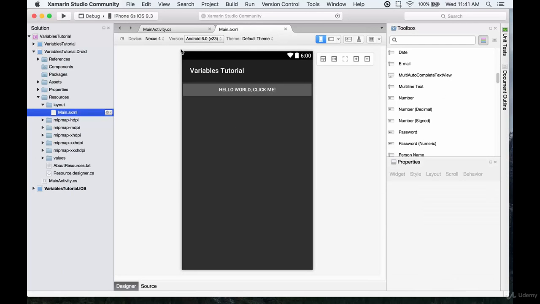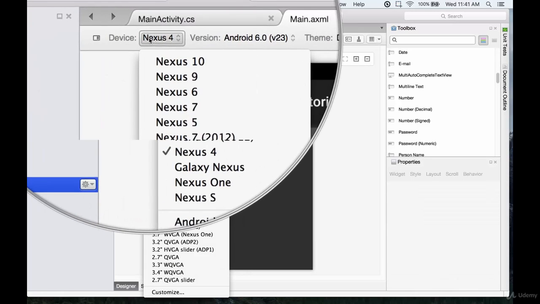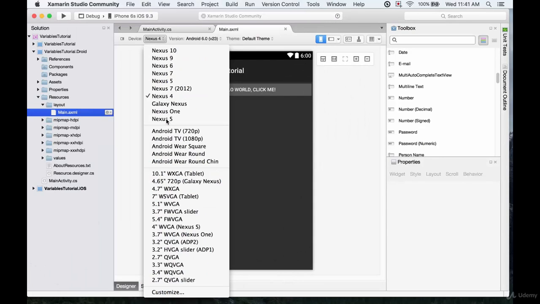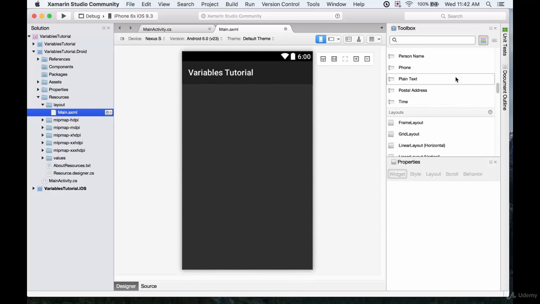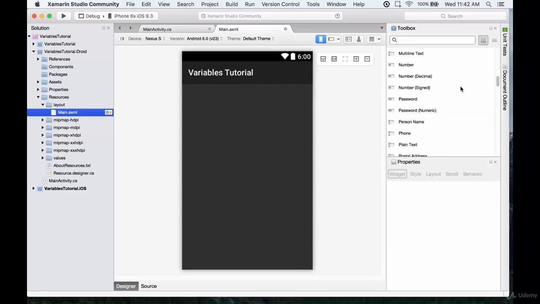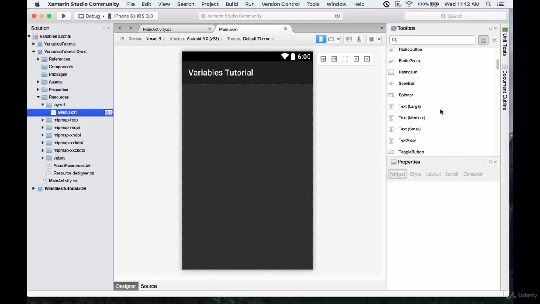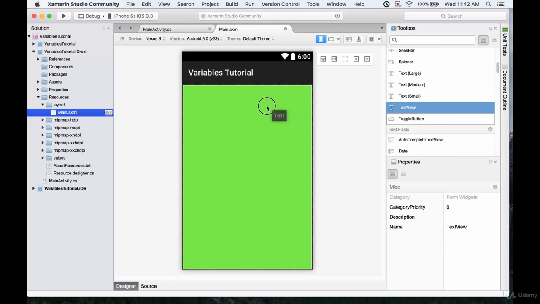So if we go to main.axml, I'm going to go under device and select the Nexus S, because that's what I've been working with lately. You can choose whatever device you want. And again, we get the default button, which I'll delete. Now there are slight differences between iOS and Android development, so although a plain text box will have pretty much the same function as a label, in fact a text view might be more appropriate. I'm going to add that in now,